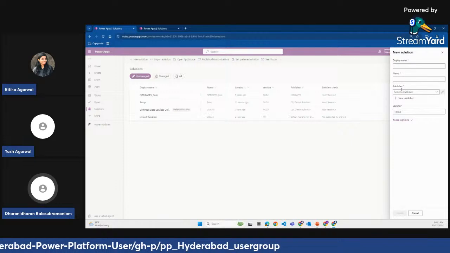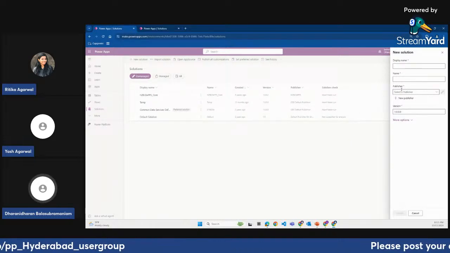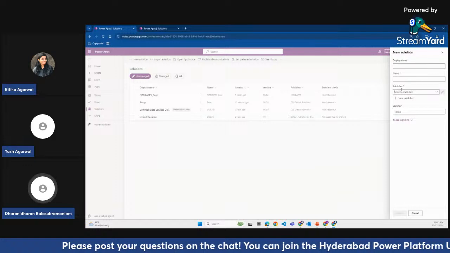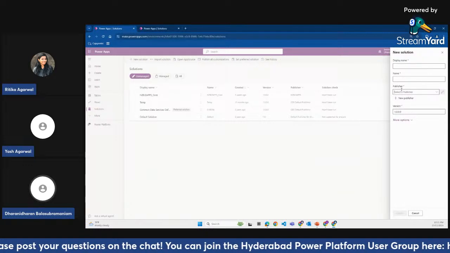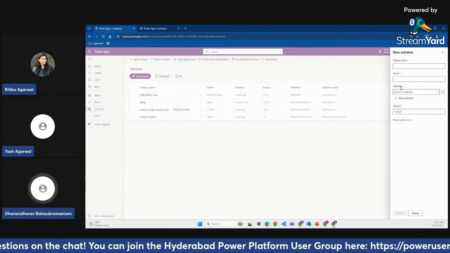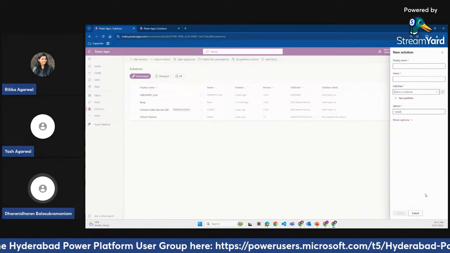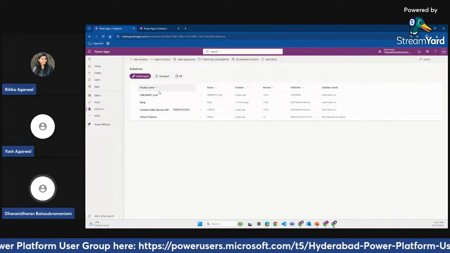If multiple implementation partners are working for an organization, this publisher plays a crucial role. The publisher acts as a way of segregating the components which each implementation partner has built for that particular organization. That's one of the main advantages of the publisher, and you can put your version, and if you click on create, this is how the solution gets created.